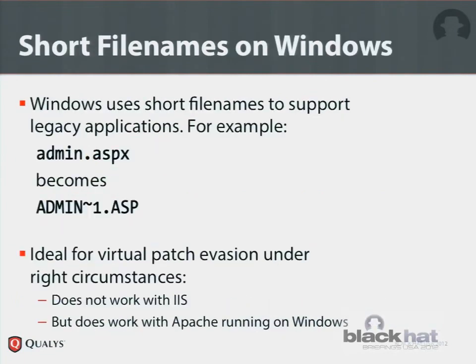Of course, this is a usability problem. And as the complexity of these virtual patches increases, the chances of you doing it right become very, very slim. And we can complicate the situation further. On Windows, of course, we have short file names, which are used for backwards compatibility. And it's very unfortunate: if you have a script that has an extension of 4 characters, the short name will automatically be generated, and it's very easy to predict.